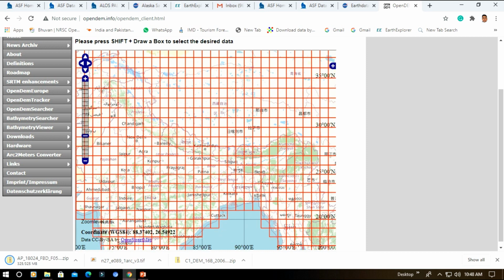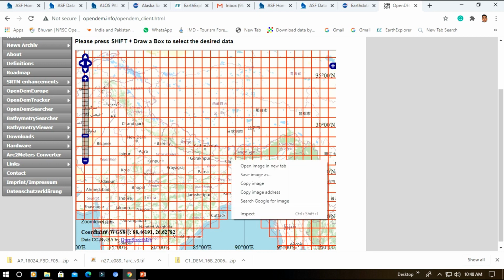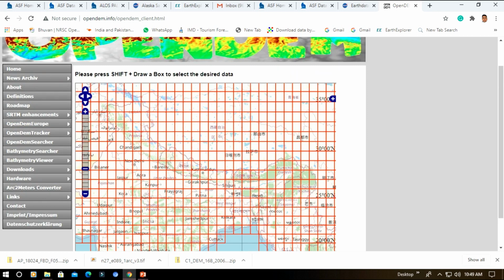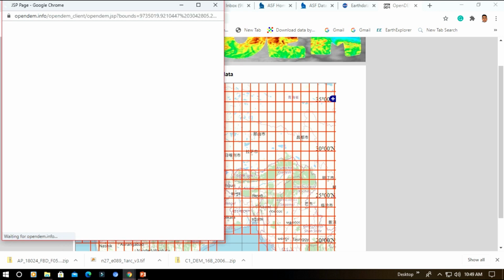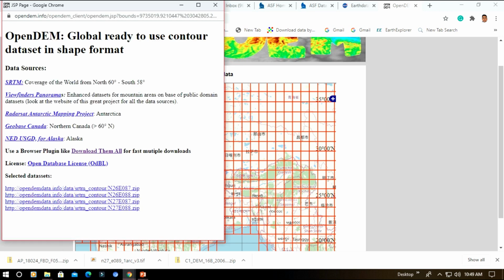So click by pressing the Shift key on keyboard, select the area, and then OpenDEM global ready to use contour dataset in shape format will appear. Then you click on OpenDEM data as you like.